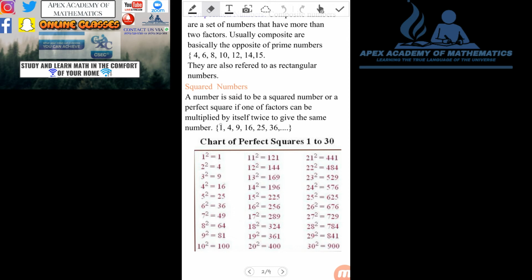It is listed here as 1, 4, 9, 16, 25, 36, and I've also made a chart for you, starting from 1 to 30. Now my advice is that you try your very best over time to learn the first 25. The first 30 is good, but the first 25 is more useful than anything else. All right, you need to make sure that you know the first 25. Knowing the first 25 will give you a serious advantage, especially in topics where you have to be simplifying exponents